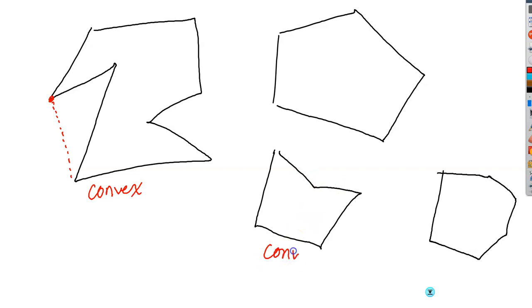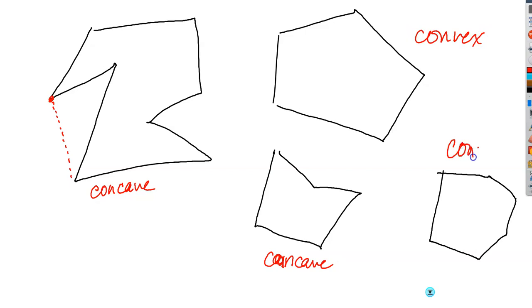The others are, oops, I totally did that backwards. Sorry. These guys are concave because they cave in on themselves. So concave. And then these guys are convex. These are the normal kinds of polygons that we work with in class. So concave, and then if I wanted to do them by the number of sides, let's see, this one's got